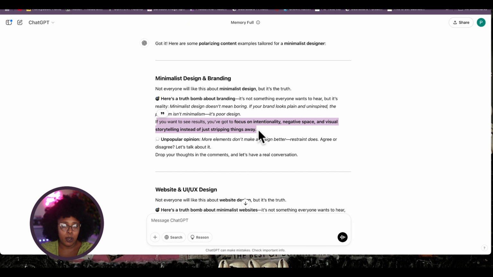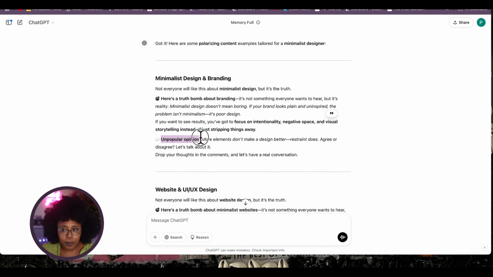So that's something that would really need to be customized, because with visual storytelling, you have to think about what words your audience actually uses. Your audience most likely isn't using visual storytelling. So you need to take visual storytelling and change that up so they know exactly what that means. So instead of saying visual storytelling, you need to focus on the way things look, the story that you want to tell, what people see when they look at your space. Change that around to make sense to your audience.